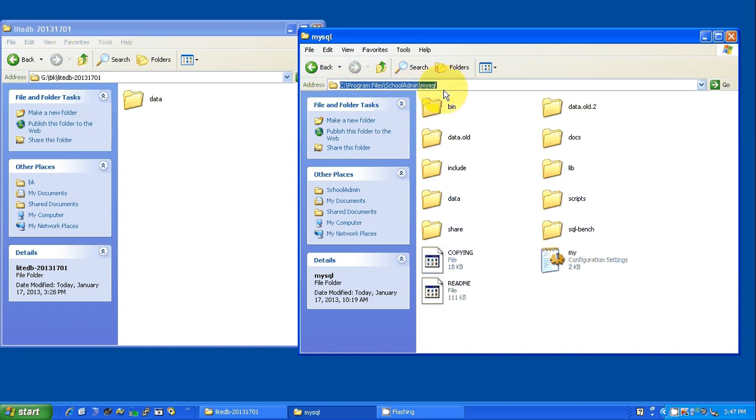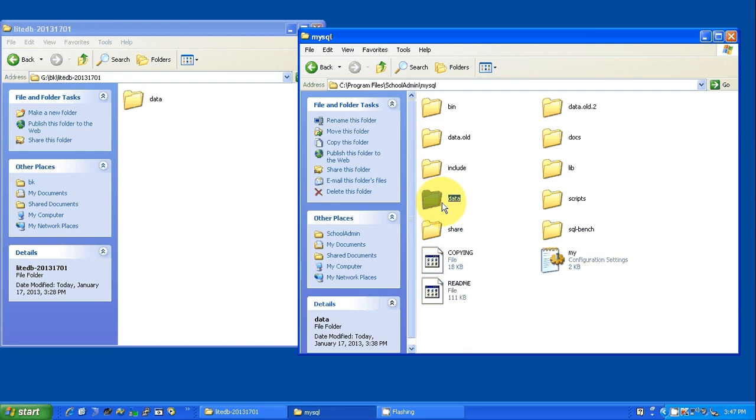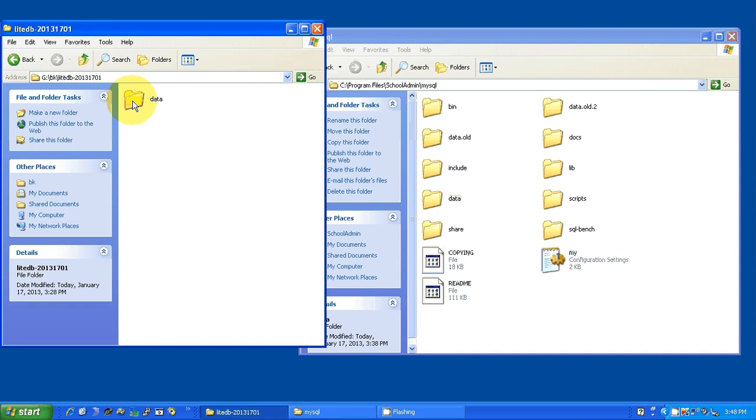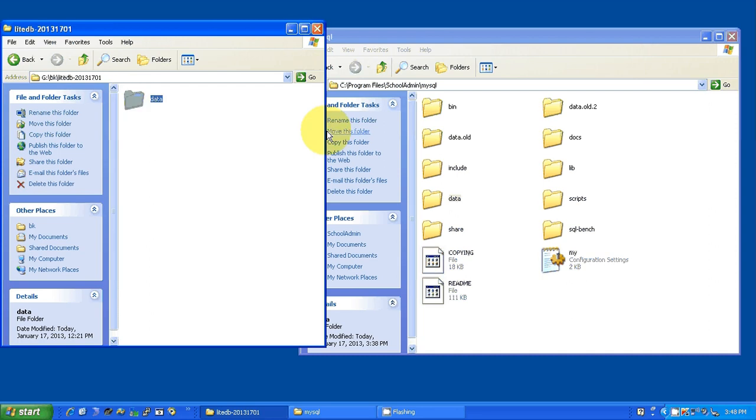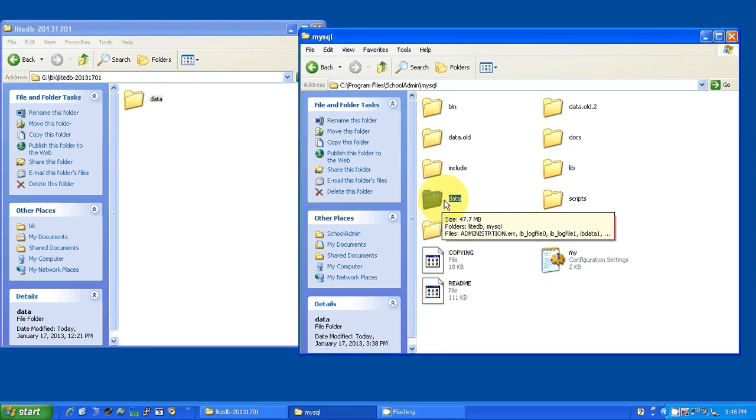You can see the data folder here. To restore the database, all that I have to do is copy the data folder from the backup location to the saved location. Before I overwrite, I don't want to overwrite, so I am going to rename my existing database in the fresh installation to a different name. That name is already taken, so I am going to make it old.3.